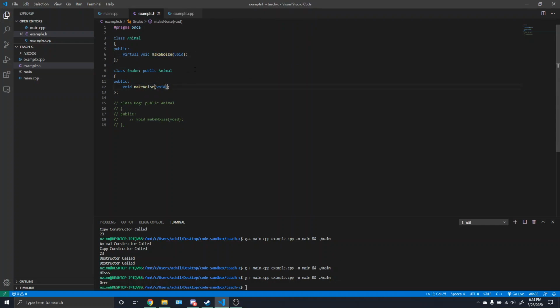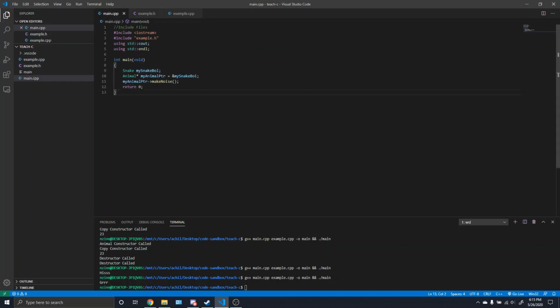And then what we normally do, what's good practice in order to show that we're overriding a virtual function, is we'd have this override keyword here. You don't need it though. So now, if we call my animal pointer make noise,